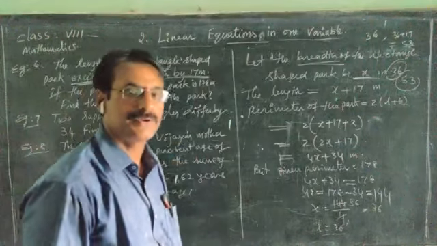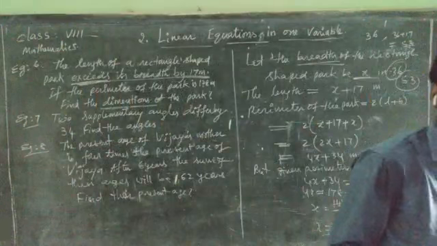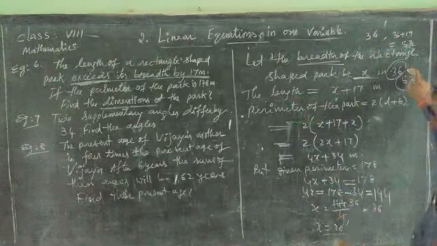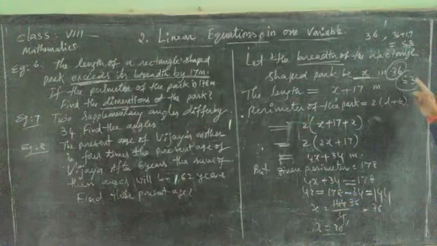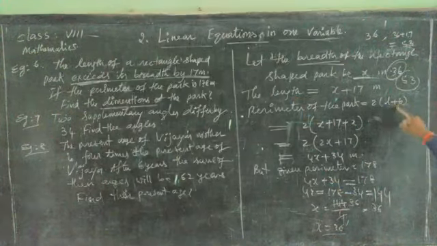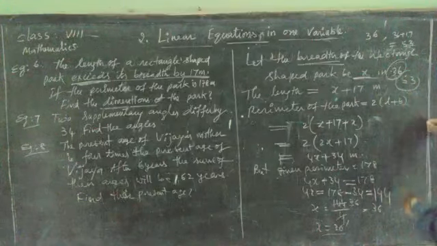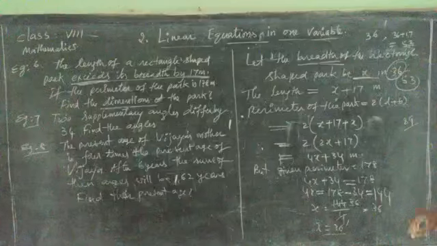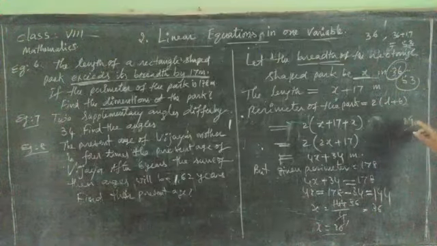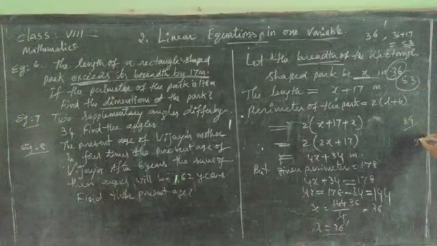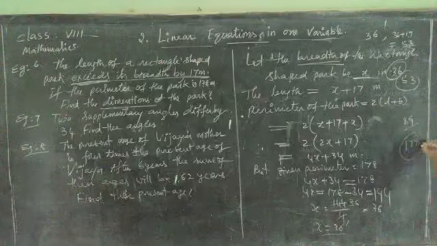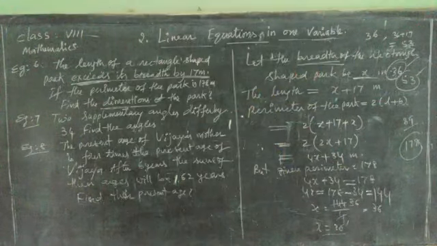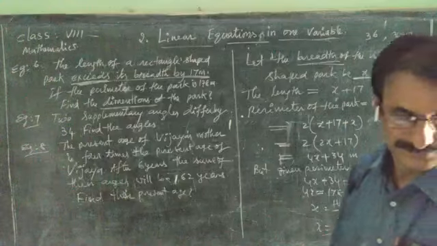Are they right or not? How to check? These two values are the dimensions of the given park. Just substitute these values in this formula. 36 plus 53, how much? 89. 89 into 2: 2 nines are 18, 2 eights are 16 plus 1, 17. 178. So these two are correct. You observe this one, how to solve this.